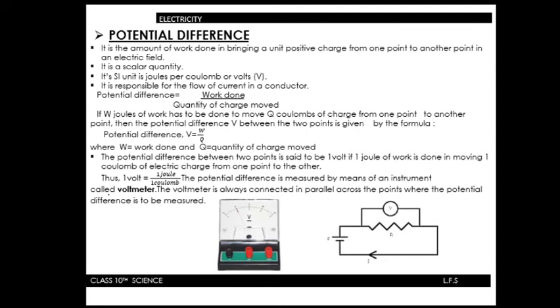Clear? So ammeter is always connected in series and voltmeter is always connected in parallel in the circuit. Clear? See here A and B are the 2 points. Between these 2 points we will measure the potential difference by means of an instrument known as voltmeter. Then comes a very important topic,